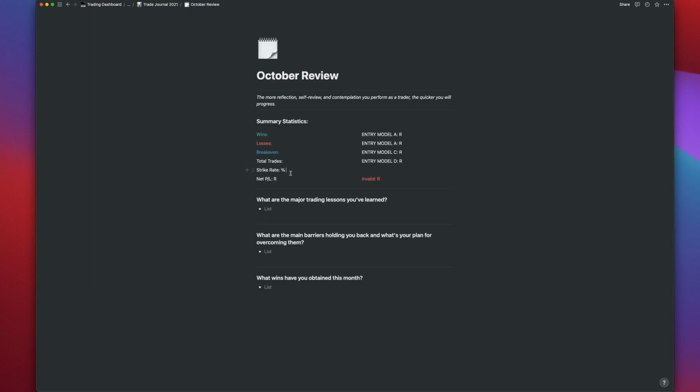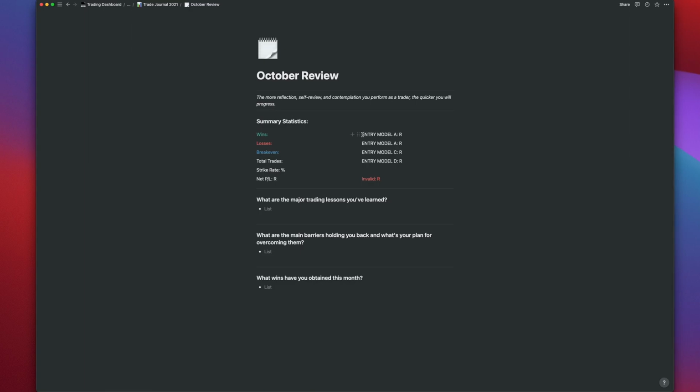Obviously, you've got your total trades there, your strike rate, your net P&L, and then potentially if you have your entries, again, I don't want to over customize this for you guys, but you might have it separated into different entry models on the lower time frames, or maybe you categorize your trades by whether you're playing a 4-hour continuation or a 4-hour pullback, right? I'm not going to try and put words in your mouth here, because all of you are going to have slightly different trade plans, but this is just to give you a rough example of